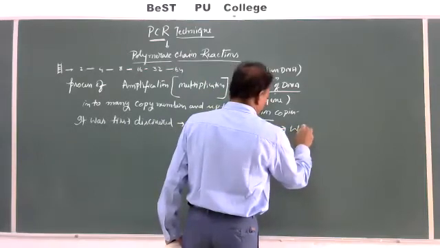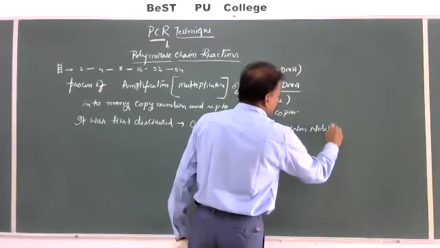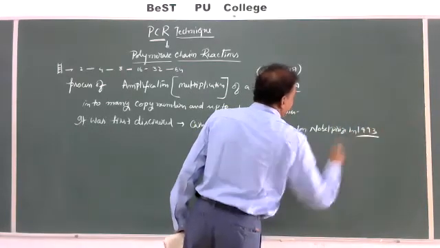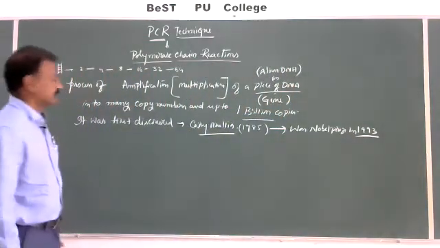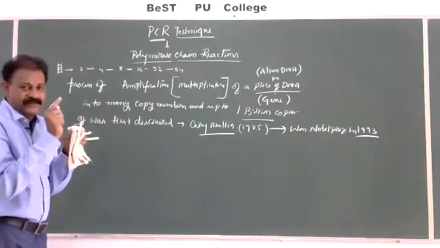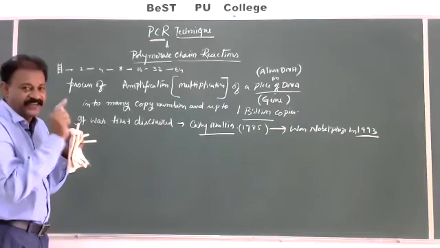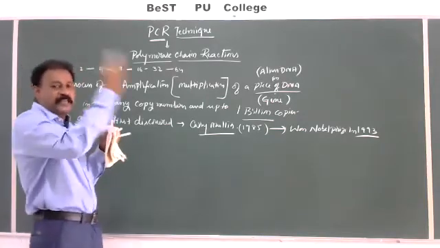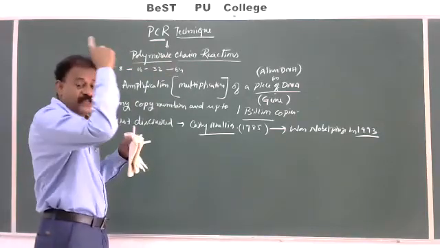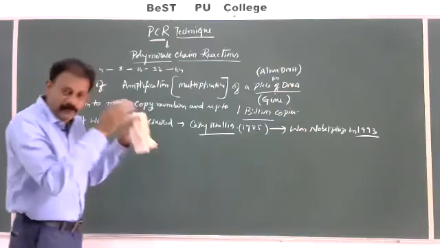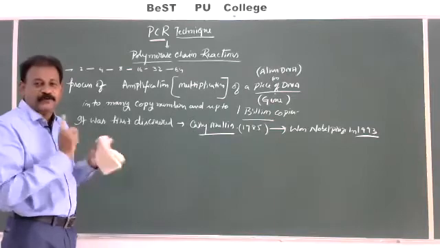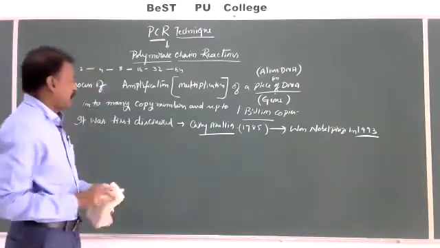He won the Nobel Prize in 1993 for chemistry. And this is called the PCR technique. So a single piece of DNA, or gene of interest, can be multiplied to get hundreds, thousands, millions, approximately 1 billion copies in a particular time period of 1 day. In 1 day, we can produce from a single copy up to 1 billion.